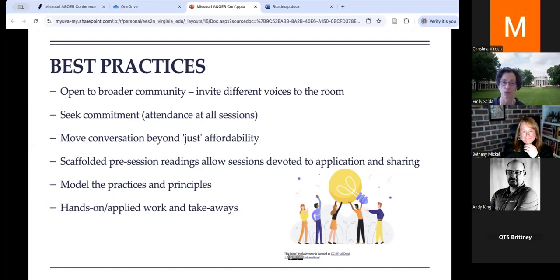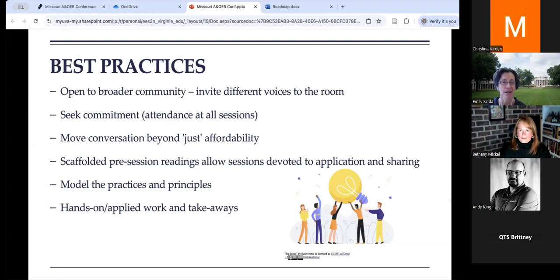Having people with different roles, different perspectives, different expertise, and coming from different disciplines really brought a rich conversation on OER and open pedagogy to our sessions.